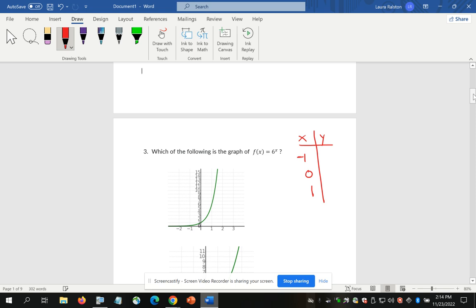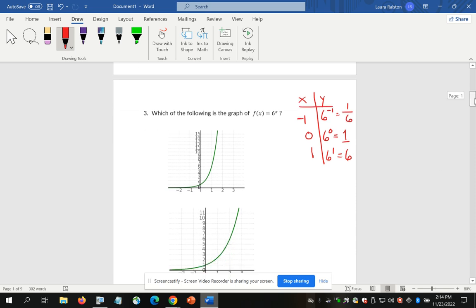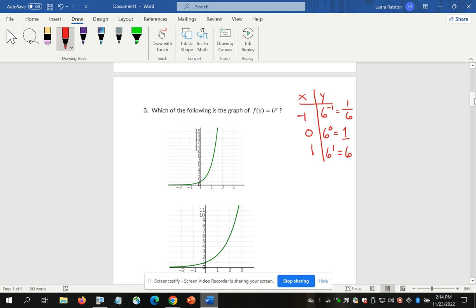Okay, the negative might be a little tricky. We know that 6 to the 0, anything to the 0 power is 1. 6 to the first would be 6. 6 to the negative 1, remember we would invert that, so we would have 1/6. So I need to look for the graph that has the ordered pair 0, 1, and